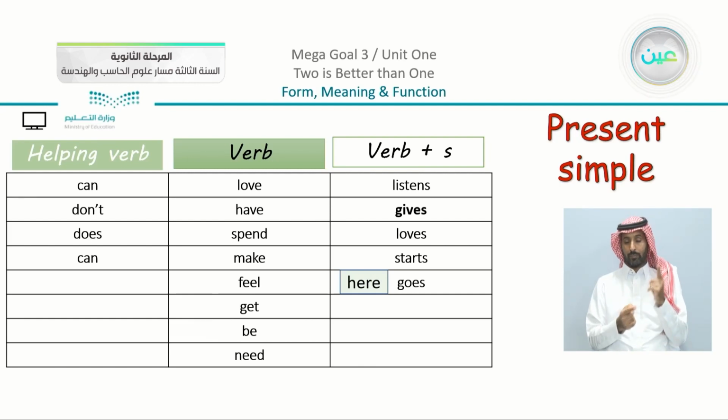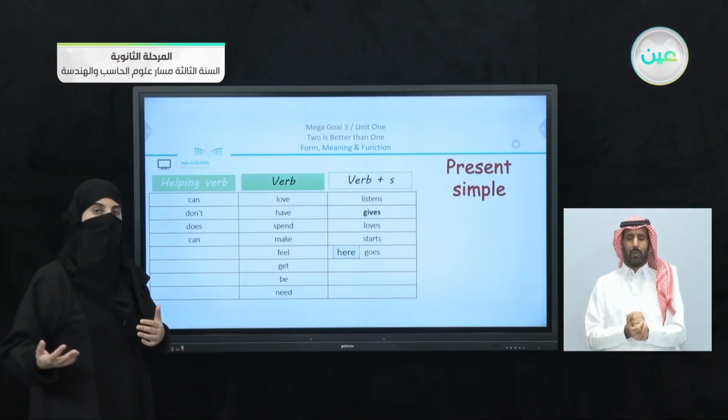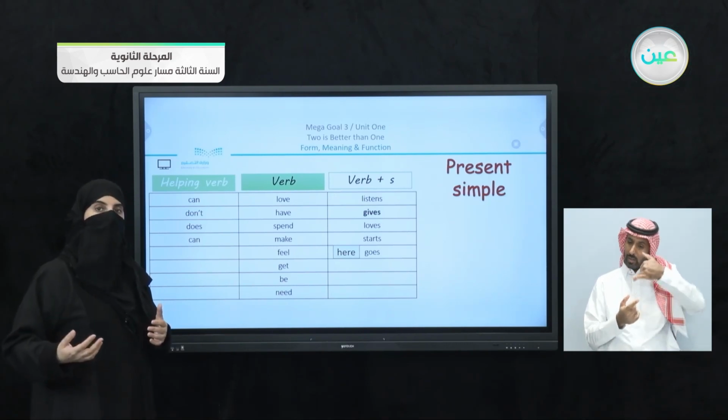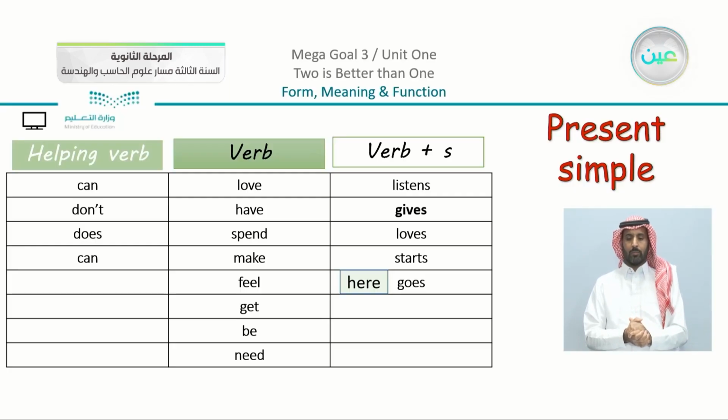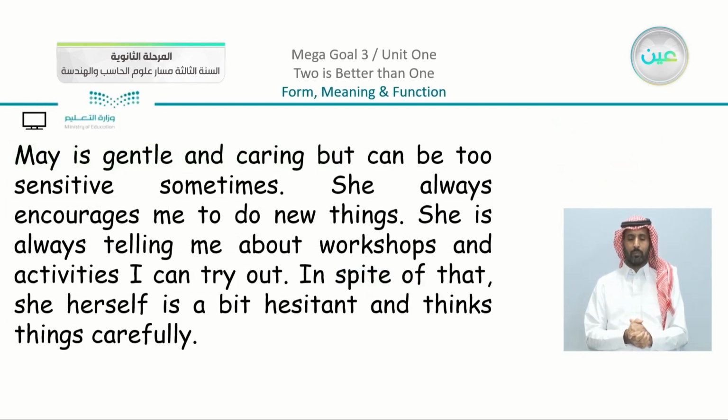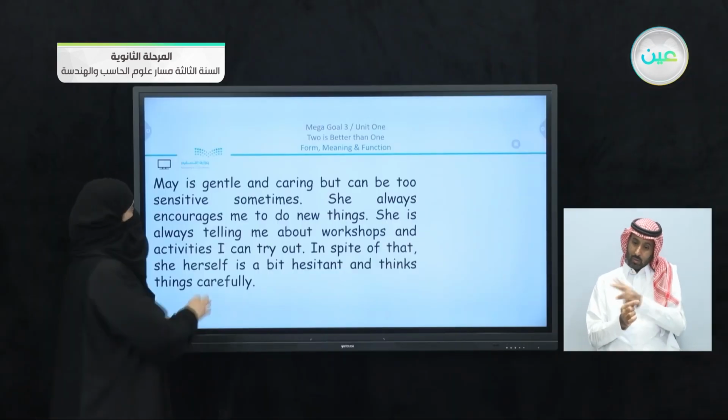So here, I'm going to just go back to here, go, I go, or here, she goes again, here they go again. We have here, here is used with the present simple, as you can see. Now, we are going to also highlight other types. You can see with me.